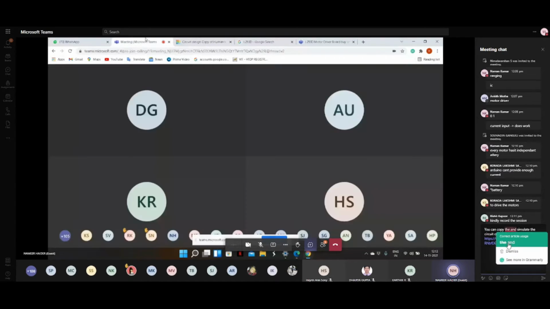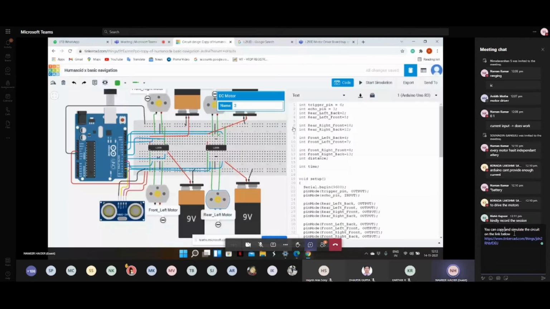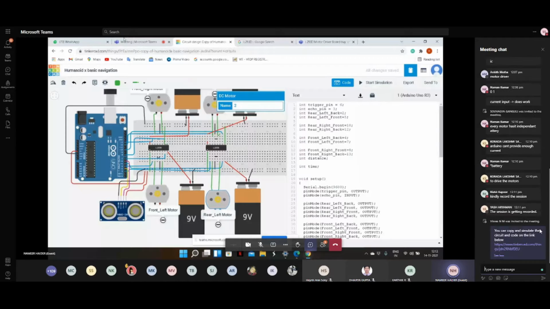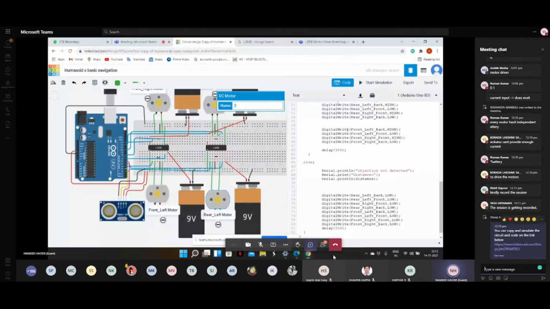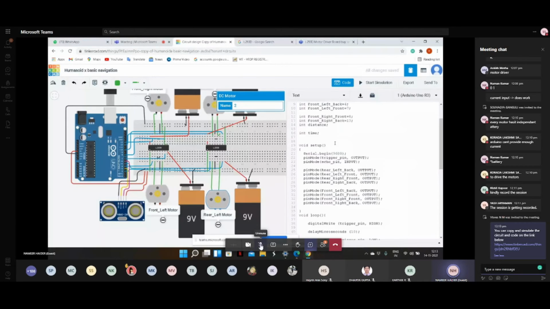If a person has only a small amount of past knowledge of programming languages like C++ or Java, he can code this in a minute. Even if you don't have previous programming knowledge, you can still code it because it's very easy to learn. It is based on simplicity. That's why Arduino is used. Okay, so what are we doing here?